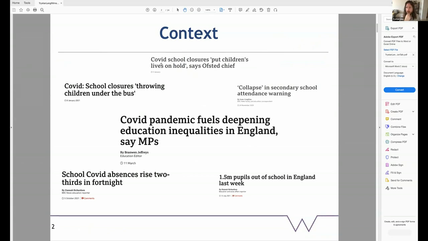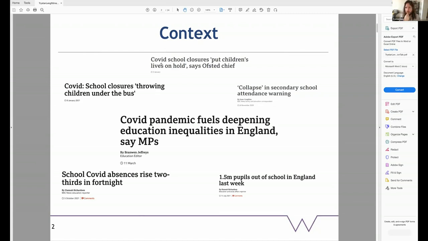So a bit of context. Throughout the COVID-19 pandemic, kids have missed a lot of school, and this has been for a number of reasons. Sometimes there's been complete school closures. Sometimes children have had to isolate because they've been identified as a close contact of someone in a school operating a bubbling system. And sometimes kids have missed lots of school because of the sheer volume of cases within their age group. One of the worries about this is that these absences are deepening educational inequalities in England and the rest of the UK.